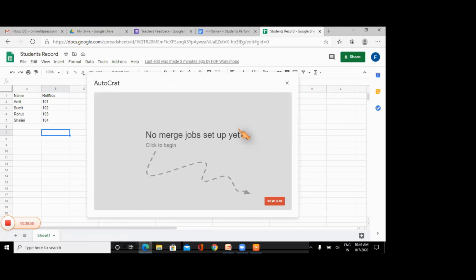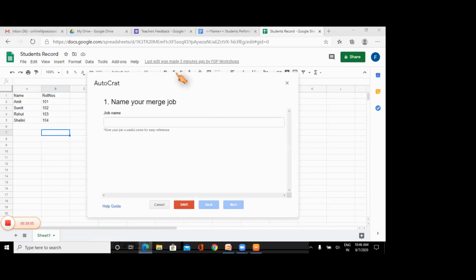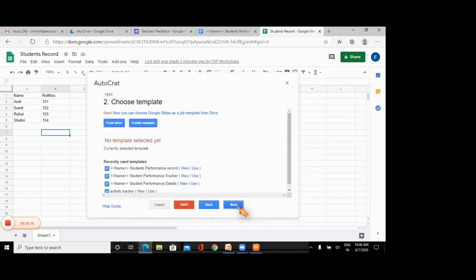It will open this window for you. You just have to click new job. Now give some user-friendly name to your job. Suppose I'm giving test. You can give a name as you like. Click next.